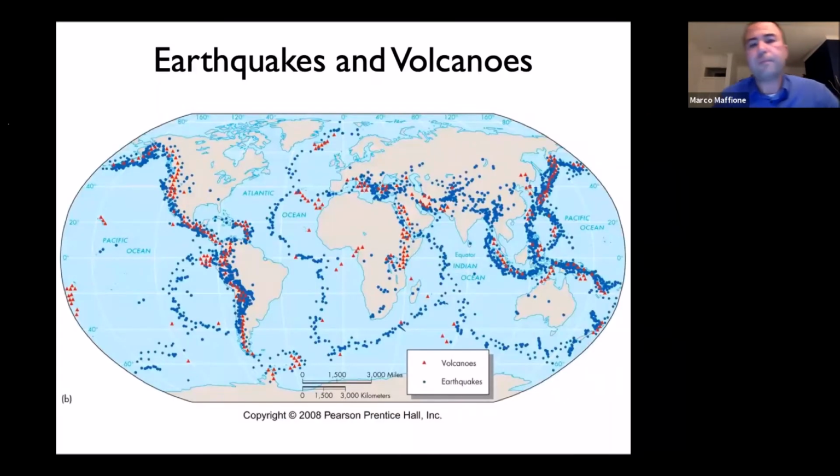So what is the effect of plate tectonics? The first effect, the most evident, is the generation of earthquakes and volcanoes. Whatever is dangerous, whatever is creating hazards and destruction, is caused by plate tectonics. You can see here a map of the distribution of earthquakes and volcanoes. If you compare this map with the map of the tectonic plate boundaries, you can easily realize that the distribution of the volcanoes and earthquakes describes exactly the distribution of the tectonic plate boundaries around our